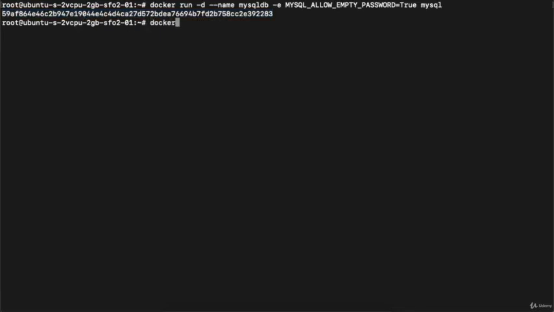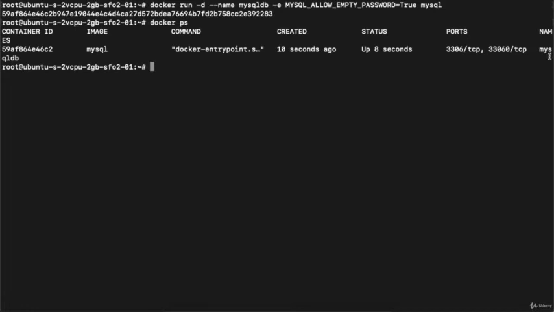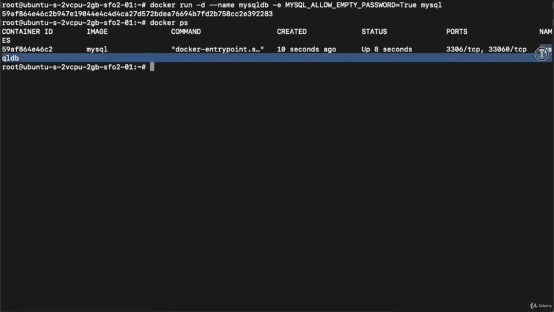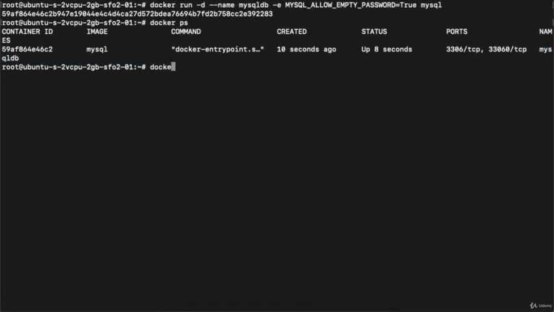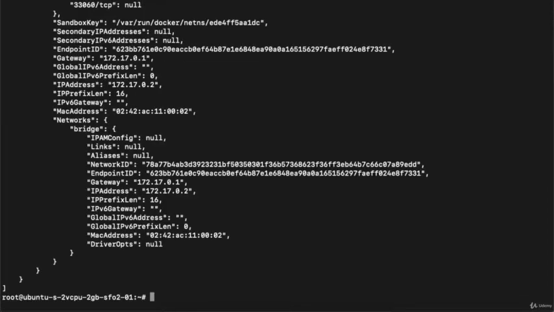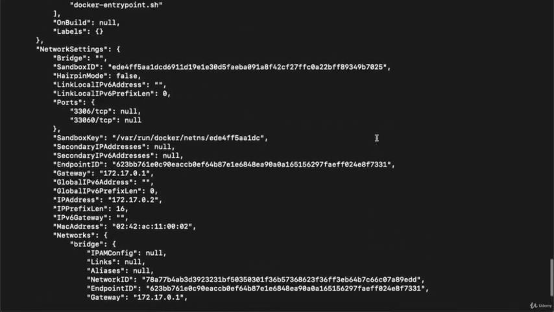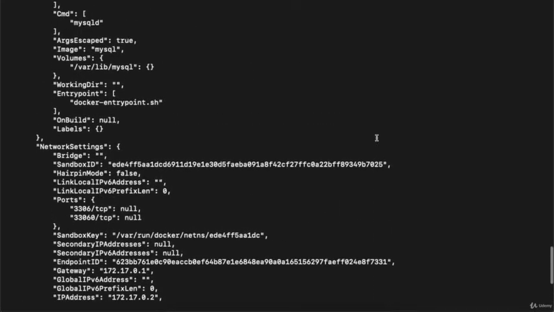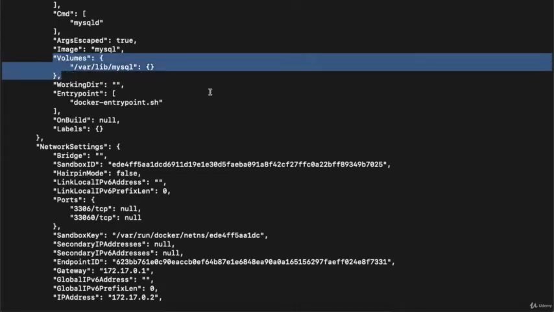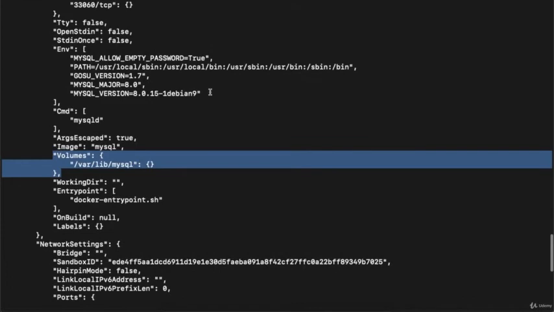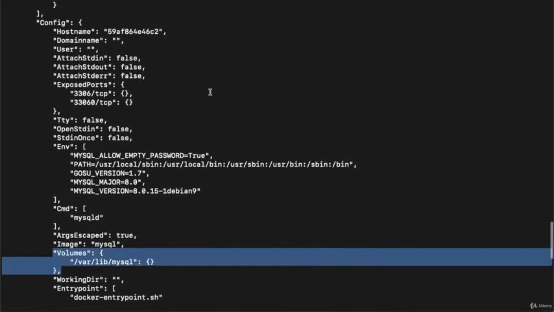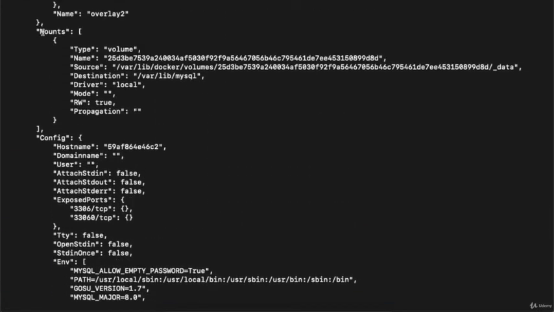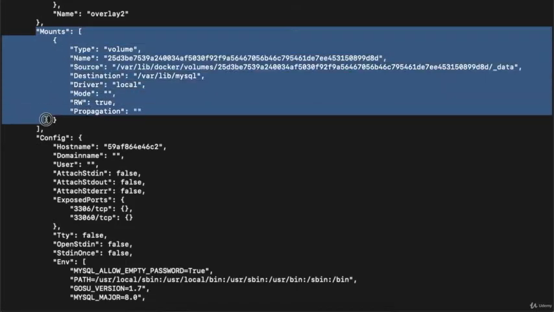If I execute docker ps, then you can see a container named mysqldb is running. If I execute docker inspect mysqldb, then you can see it is specifying the complete details of your MySQL container, which has the Volumes at /var/lib/mysql, and there should be another tag called Mounts, you can see over here, right?